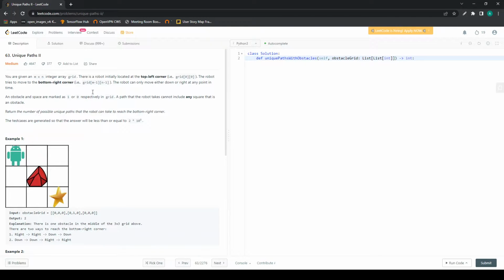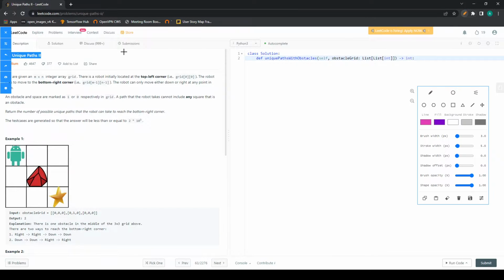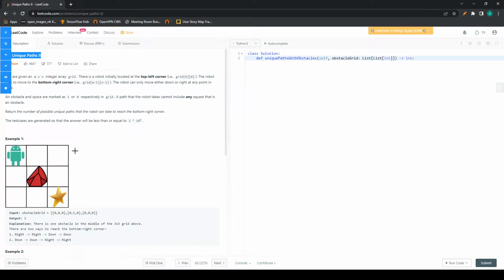Hey everybody, today we are going to solve another daily LeetCode challenge, problem 63, Unique Paths 2, on May 20th, 2022. So the problem is we are given an m by n matrix and the matrix is a binary one and the cells have a value of 0, that means those cells are passable. Otherwise, if the cell is 1, that means there is a wall there and we cannot pass through that specific